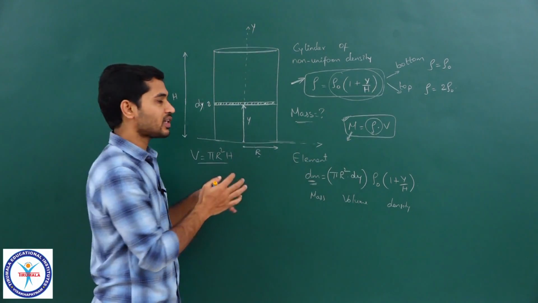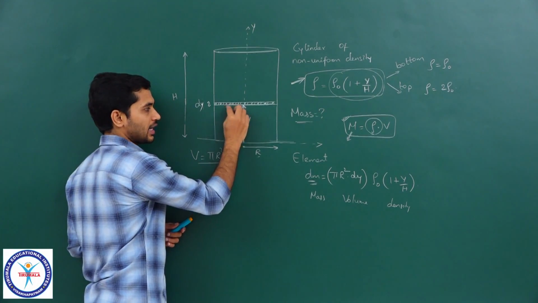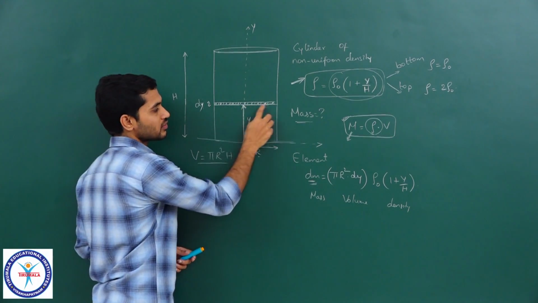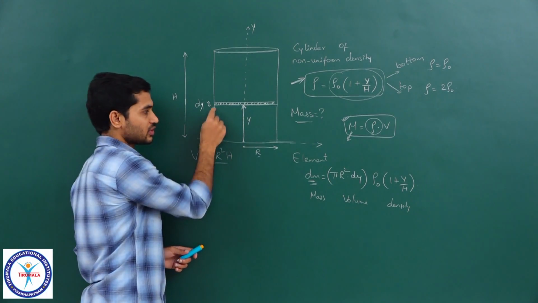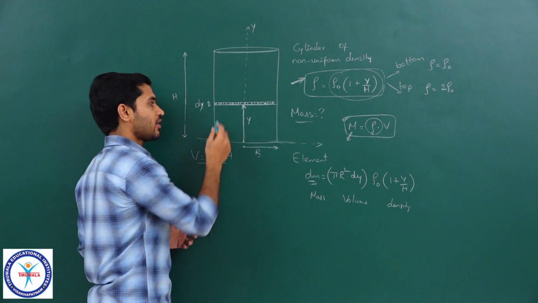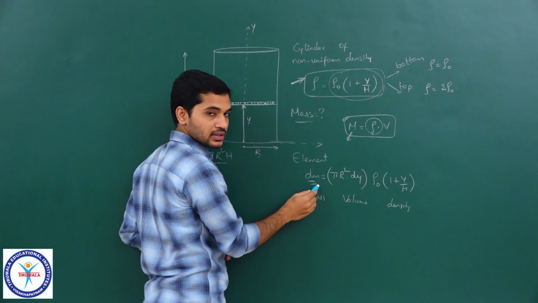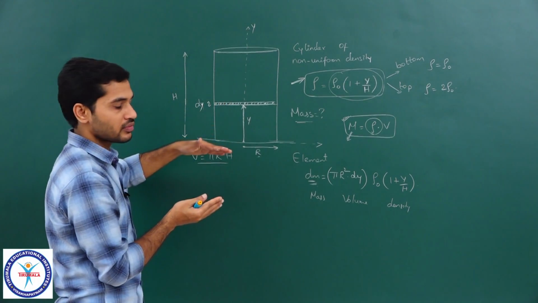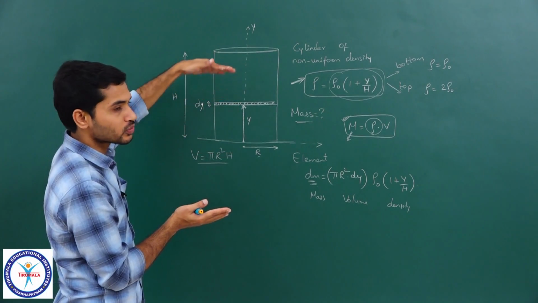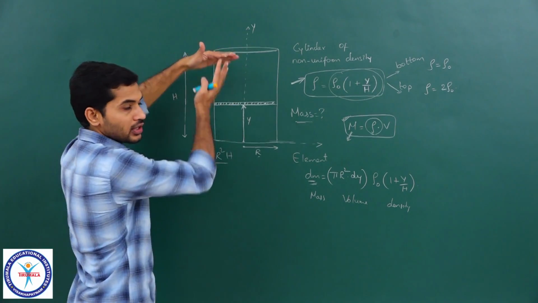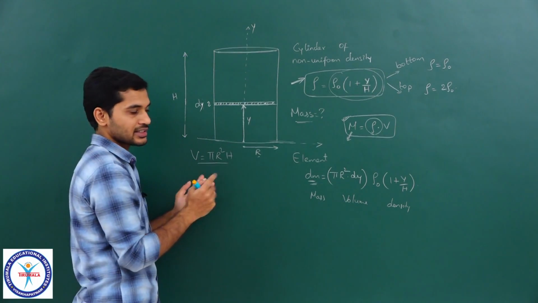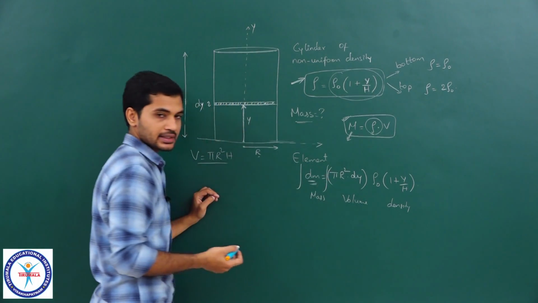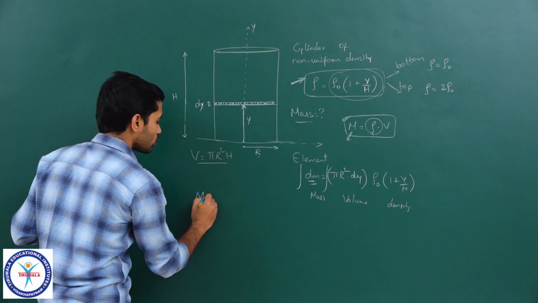So that's why, at a distance of y, I have taken a small cylinder of small thickness, so that the density of that cylinder will not change, because it is very thin, correct? And I have found the mass of that small cylinder. Now I can integrate this expression. That integration will add all the masses of small cylinders and give me the total mass of the cylinder. Clear? So that is the basic idea. The rest is just integration of this, right? So just integrate that, and integrating that will give me the total mass.